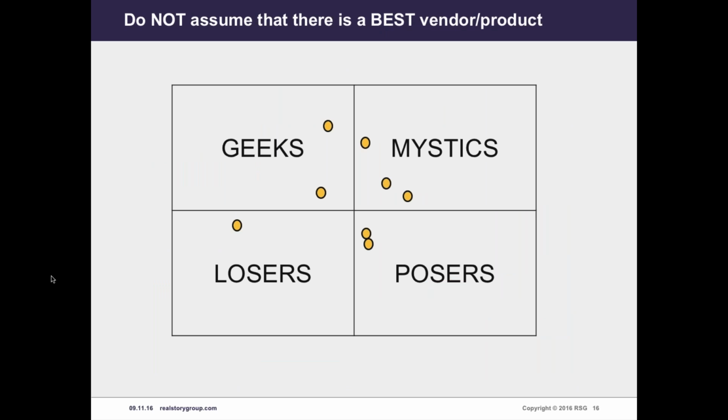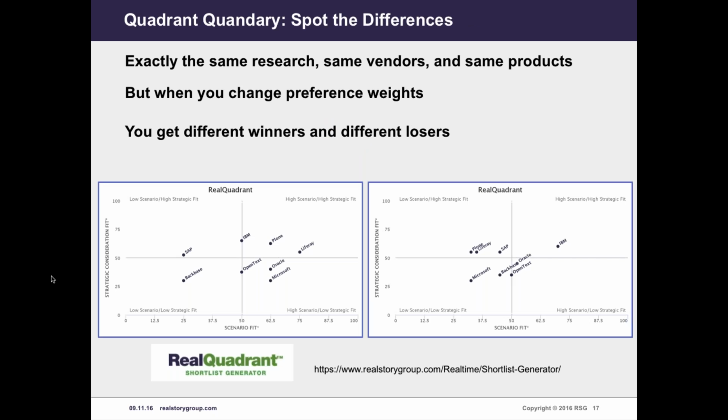So how do you figure out what's the right fit for you? Well, there's a tendency, of course, to say, well, something is the best product, right? And you can always find a quadrant to support you. This is a joke from my friend Martin White, who talks about the mystical quadrant, and obviously this isn't really the right approach. We offer an alternative to this, which is called Real Quadrant. And with Real Quadrant, using all of our research on the back end with the same vendors and the same products, you can come up with two very different